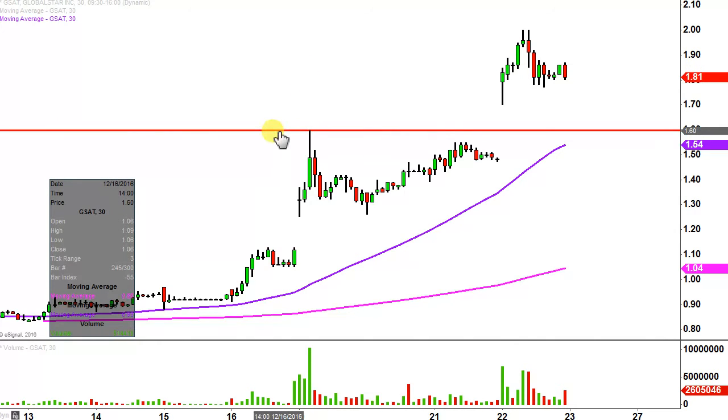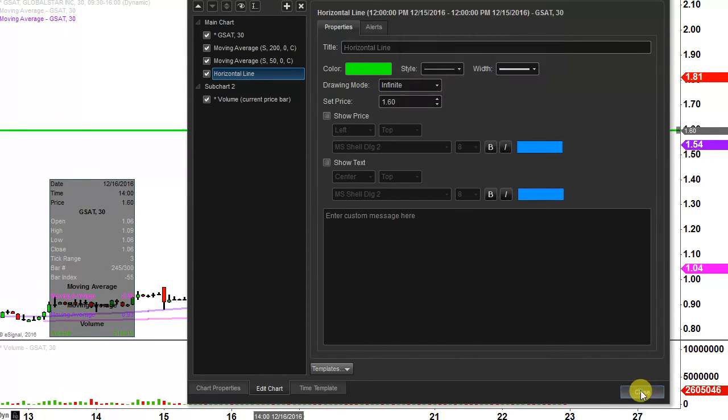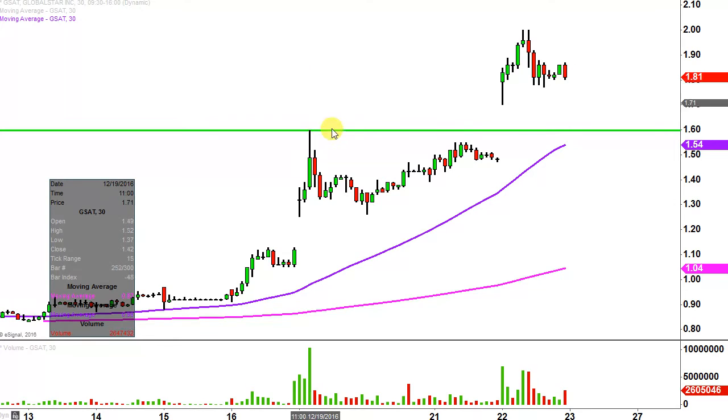The first update comes about from a foundational principle in charting, which states when levels of resistance are broken and closed above, you want to see them act as support. So for those of you that maybe remember the last analysis I did, hopefully you remember me talking about $1.60 as resistance, but now that the price has broken above it and closed above it,